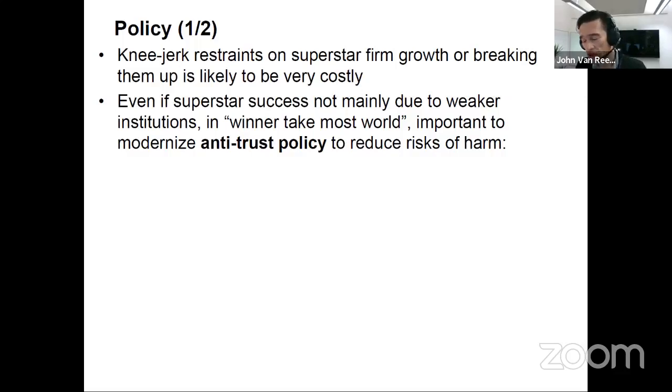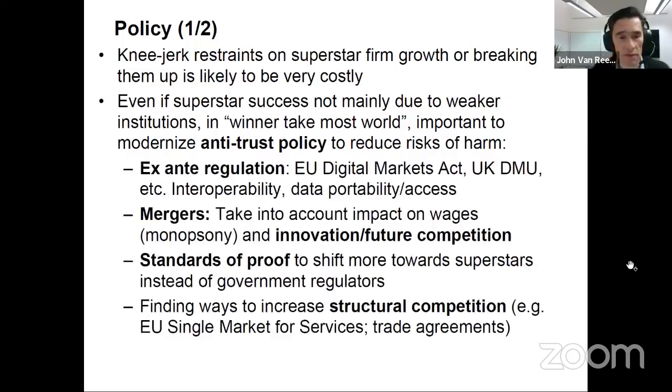Even if a company has achieved a strong position by competing on the merits, once it's got to that position, it may start doing things which are harmful to consumers and workers. So I do think we need to modernize our antitrust policies, for example, our competition policies, to reduce the risks of harm. For example, I'm a big supporter of the Digital Markets Act that the European Union has introduced, which is an attempt to have more ex-ante regulation of these very large firms to force them to be more interoperable with other firms, to improve data portability and greater access,